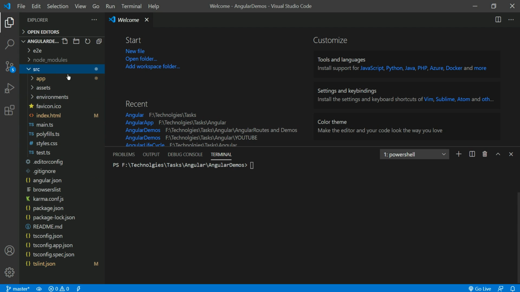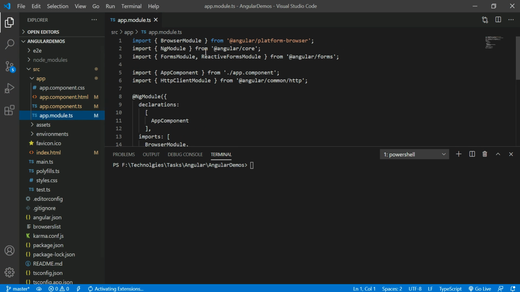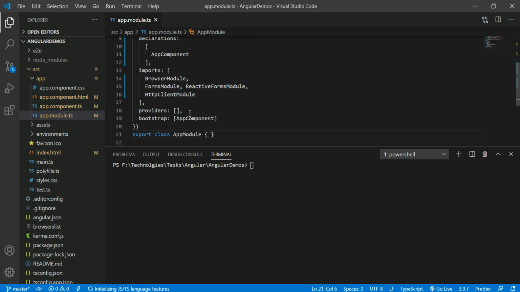Go to the src folder, open the app.module.ts file, and import HttpClientModule from the HTTP package. Once imported, you also have to add it to the imports section, this way. That is the first step.